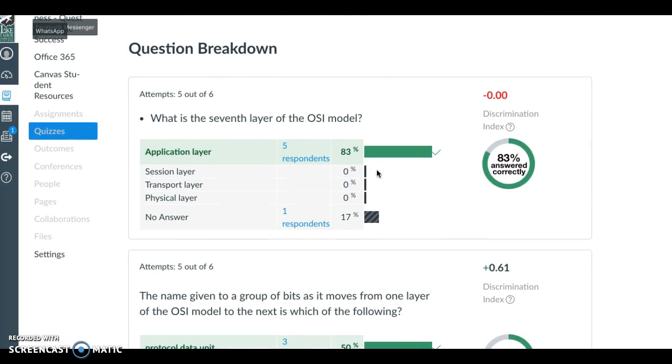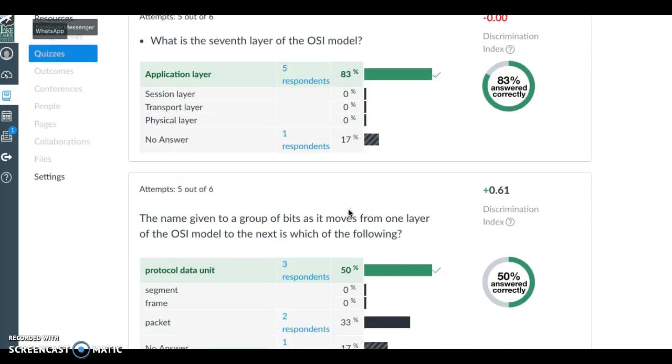And this was the one I fixed with the application layer. When I went back in and discovered what happened, I corrected everything. So your grades should be correct if you chose the application layer, and you all appeared to do so. Unfortunately, this person's kind of killing us on the percentages.